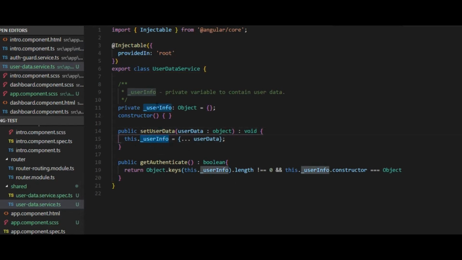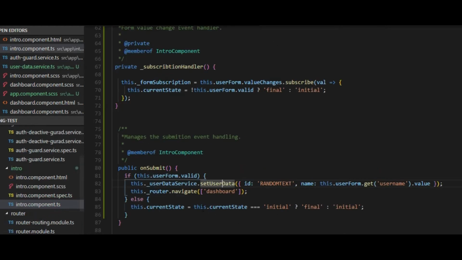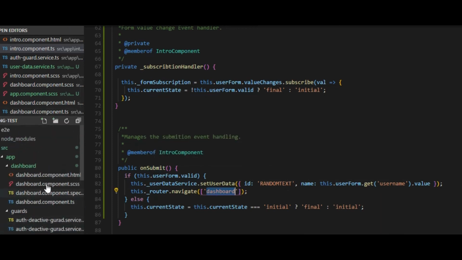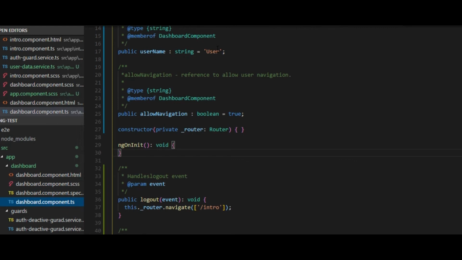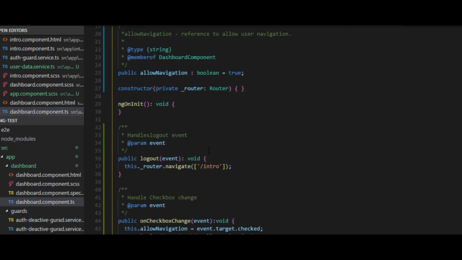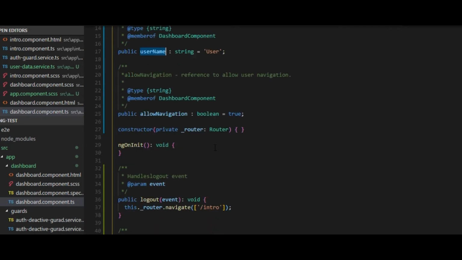This is actually saved inside a private variable so that it will be stored and persisted, and then we'll be moving to the dashboard. In our dashboard we have hello username printed over here, and it's statically given as user. We want this to be dynamic, taken from our service layer.